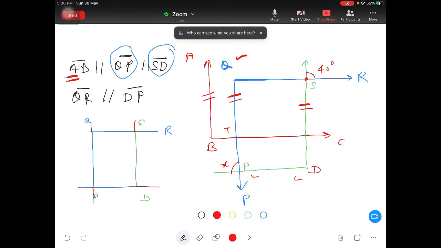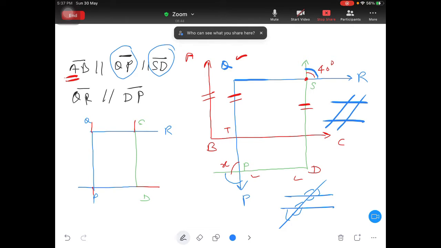Okay, you remember, whenever two parallel lines are there and one transversal line is there, this angle same, this angle same, this angle same. In same way, if this angle is 40, so this is going to be 40. How can I say that? Because I have one parallel line, another parallel line, then one parallel line, another parallel line, like this. So if this angle is 40, so this will be 40. It is like, imagine like this, one parallel line, another parallel line. If you cut like this angle will be equal to this angle.